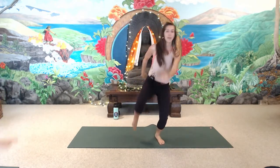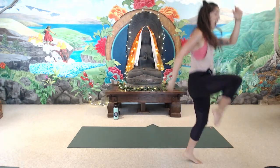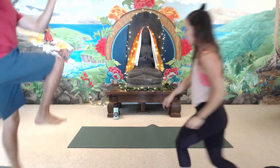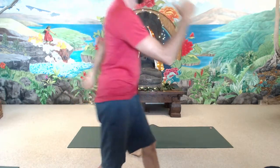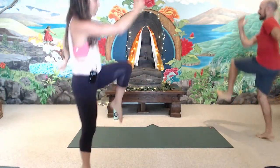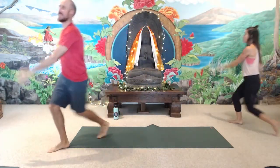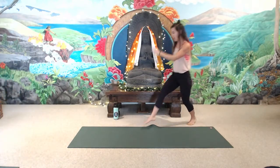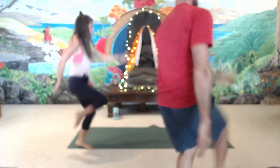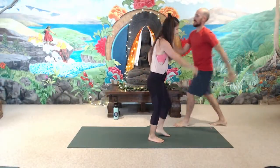And if that's feeling really good, you can actually start to cover some ground and hop forward. Start to pay attention to the big toe pressing down. Oh, Satya made an appearance. The big toe pressing down as the whole leg extends. And maybe you'll feel the glute really engaged to support the hip here. This is really useful when we're running, especially uphill. And then you can slowly skip on back to your mat